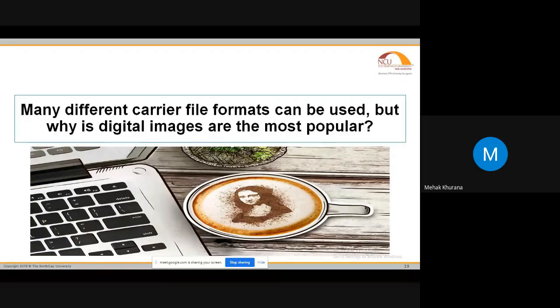Whenever we go somewhere, we try to click a number of pictures. When we are trying to understand anything, when we are messaging each other, we try to send images, and mostly we are not writing text. We are just forwarding the images that we have got on WhatsApp. So mostly images are one of the things we are downloading from the internet, and that is the maximum source of information that is preferred.